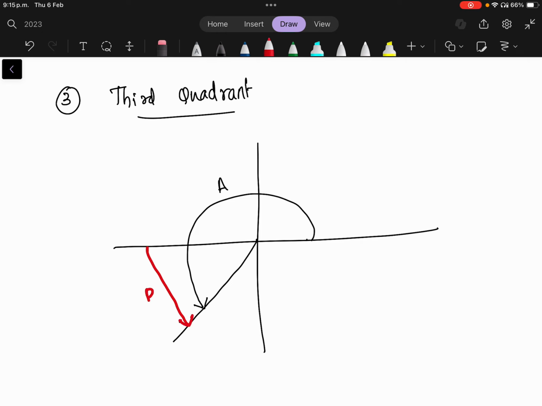This is the reference angle. So this is A and this is the reference angle. Now how will you find the reference angle in the third quadrant, which will be 180 plus A, because the straight line is 180 and then you are moving ahead. This straight line is 180, okay, and then you are moving further, so it is 180 plus